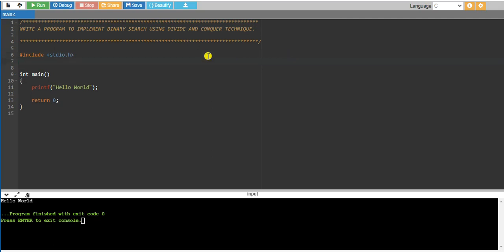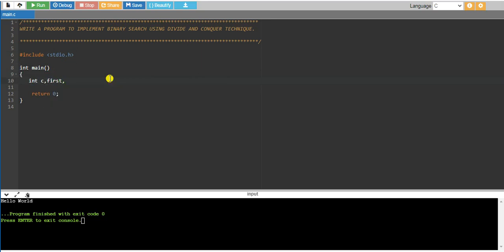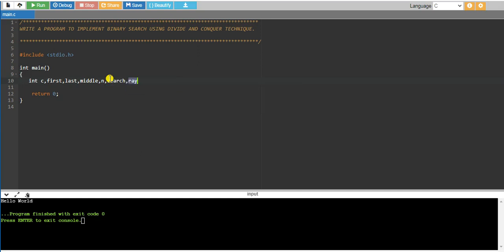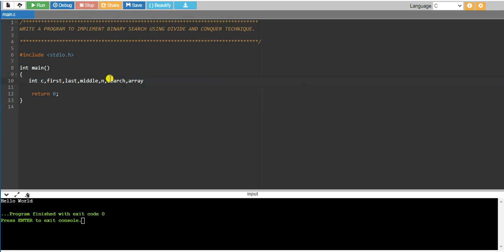After that, in the main method I'm going to consider some variables: int c, first, the first element of the array, last, the last element of the array, middle, to check the middle of the array, n, the size of the array, search, the element for which we are going to search, and array, the name of the array, of size 100.